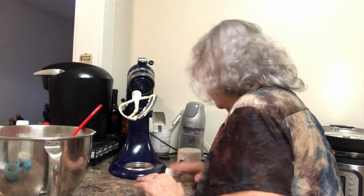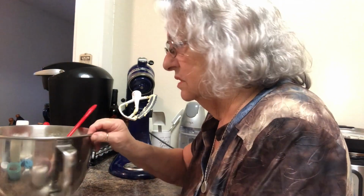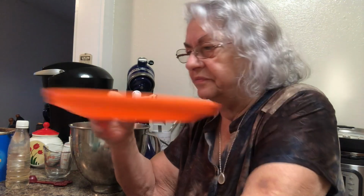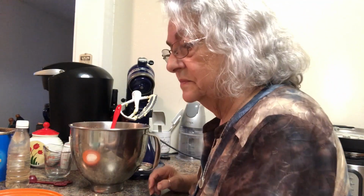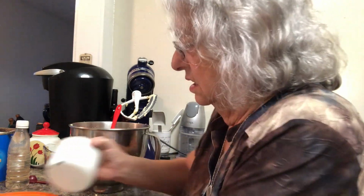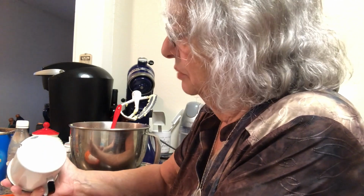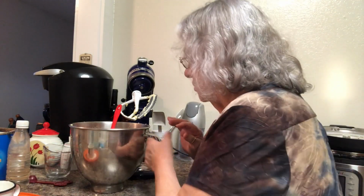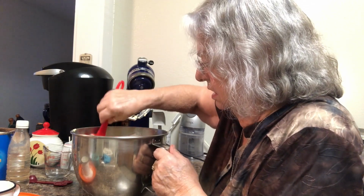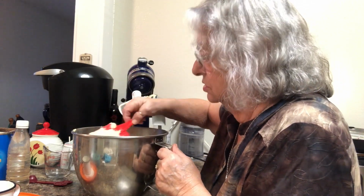Okay. Here's what I'm gonna do. Got my trusty, dusty little Frisbee that Noah let me have. I told you I use it all the time for a lot of things. And I've put a little bit of oil on the bottom of this cup, and I'm gonna dip it in the sugar. Then we're gonna put the cookie dough on the cookie sheet,